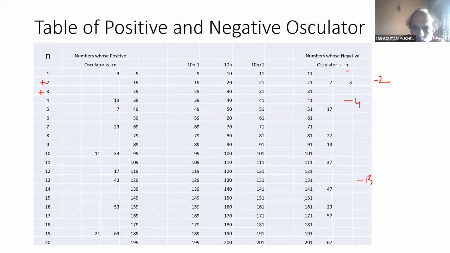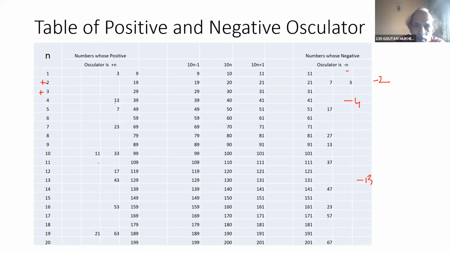Oscillator is -14. Oscillator is -15. Here oscillator is this +1 is 150, +15, +14. This is +11 oscillator, and so on. So 17, what is oscillator? 17 is 12,